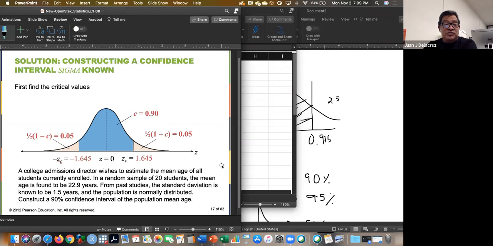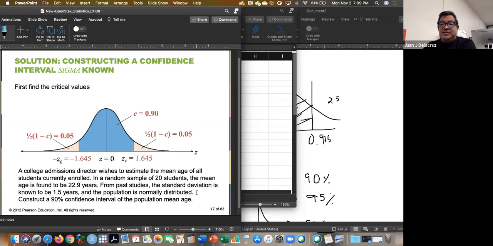A college admissions director wishes to estimate the mean age of all the students currently enrolled. Probably this admissions director doesn't have a database, and he wants to build one, but he needs the information very quickly. His boss is asking him, hey, what is the age of my students? I don't know, let me find out. So he takes a sample of 20 students, and the mean age is found to be 22.9 years. From past studies, he knows that the standard deviation is 1.5 years,